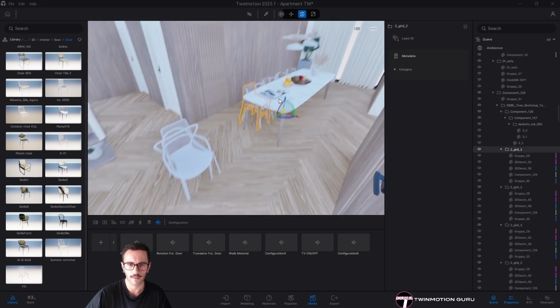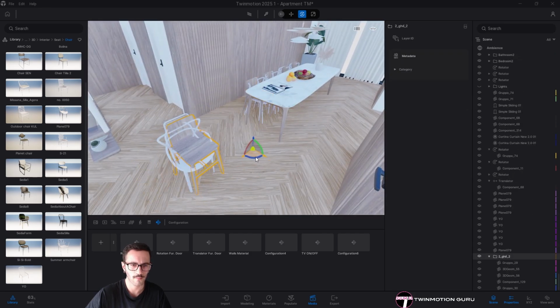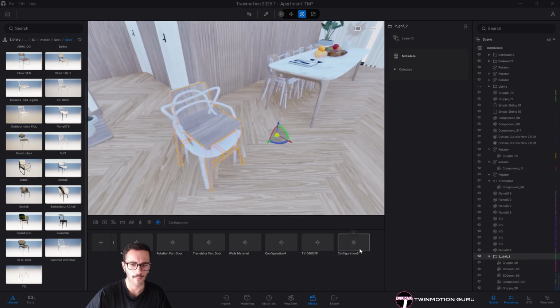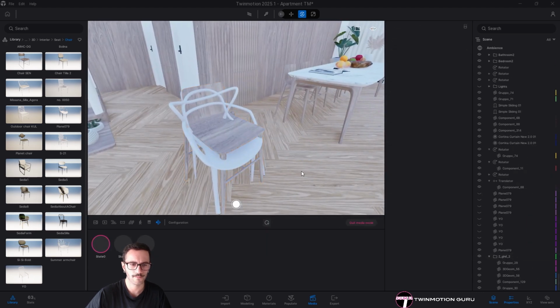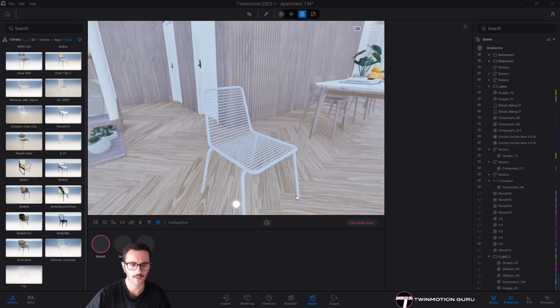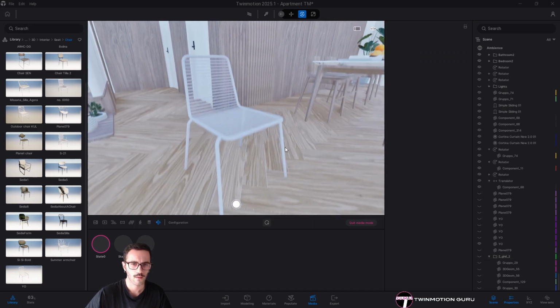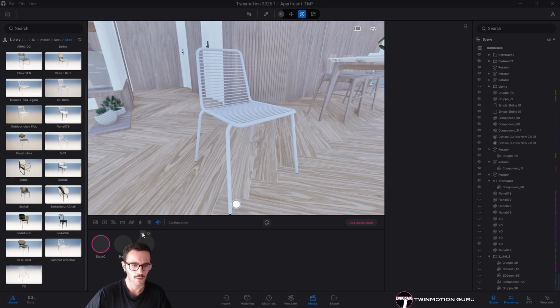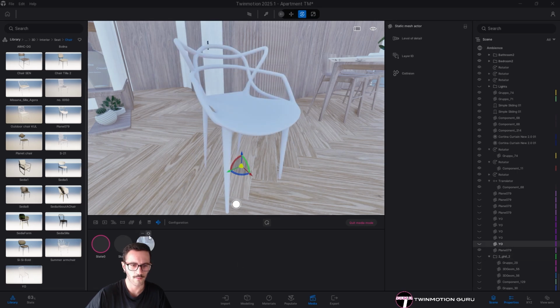Maybe I'm selecting this chair, putting it here, because I'm isolating this specific chair, creating the turnbale. So I'm doing the exact same thing for this one.